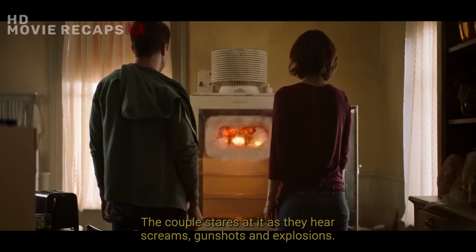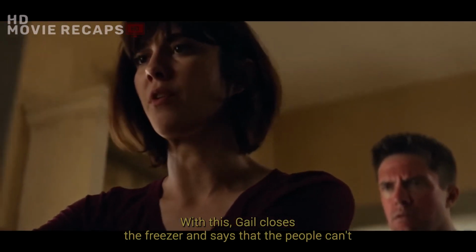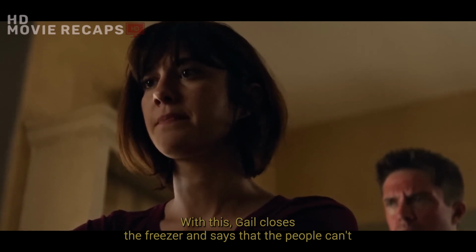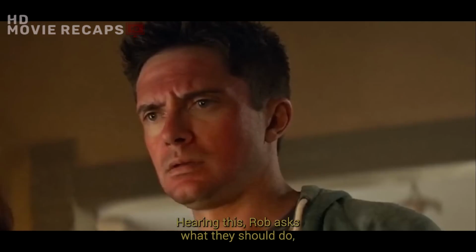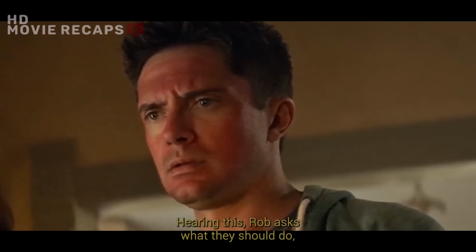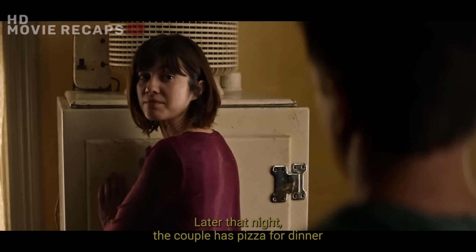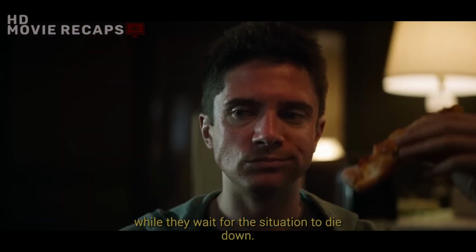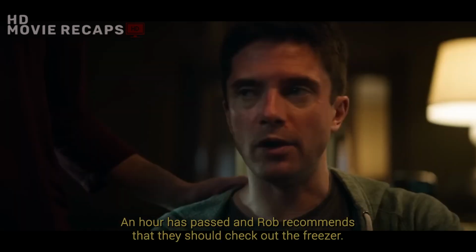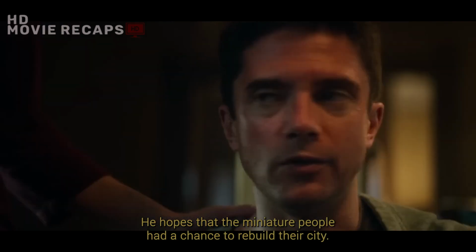The couple stares at it as they hear screams, gunshots, and explosions. With this, Gail closes the freezer and says that the people can't possibly outgrow air in a couple of minutes. Hearing this, Rob asks what they should do, and Gail responds that they should order pizza. Later that night, the couple has pizza for dinner while they wait for the situation to die down. An hour has passed and Rob recommends that they should check out the freezer. He hopes that the miniature people had a chance to rebuild their city,